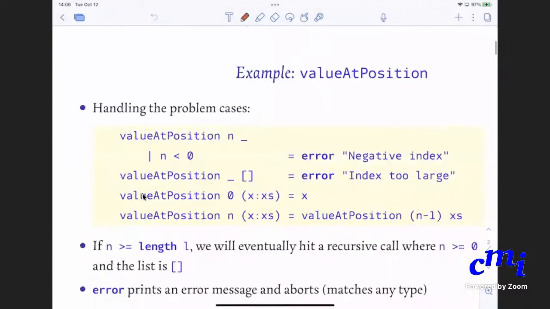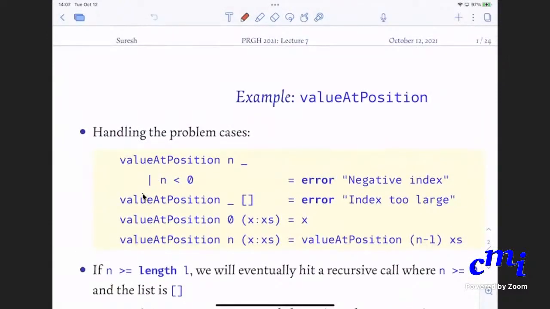Okay, so we'll continue with presenting various features of lists. Let me go over some things that we did towards the end of the previous class. So we looked at this function, value at position. I want to return the value at position n of a list, where positions start from 0. If the position itself is less than 0, you just say error. Otherwise, you just keep going down the list.